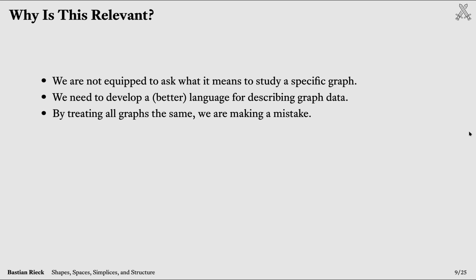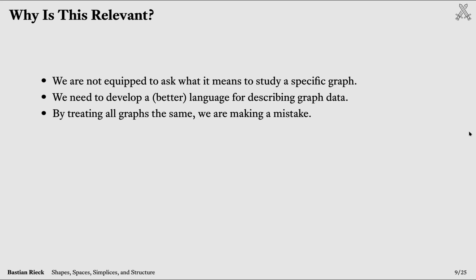Because if we treat all the graphs that we have the same, we are making a mistake. We are ignoring the fact that some have this underlying geometrical information and others don't, right? And I'm not talking about the fact that you can assign attributes to a graph. Of course, you can do that. The question is, semantically speaking, whether that makes sense and what that changes about the model that you throw in there. Because this is about